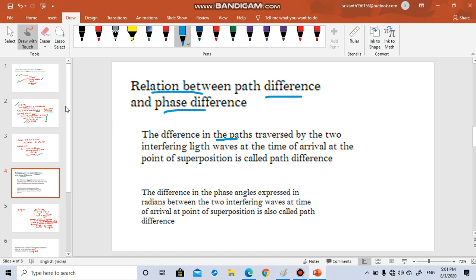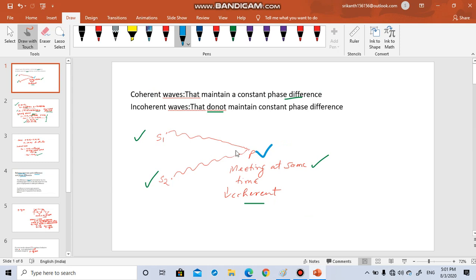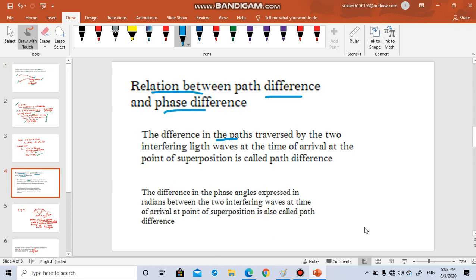So the meaning of this statement is, see, one, you are measuring the distance. Another way of interpreting it is, see, there is a wave which is coming from source 1. Wave means some sine curve or cos curve. So a sine curve will have its own phase. Similarly, here also it will have its own phase. S2 also will have its own phase. So there is some phase difference, let us say. Even that has to be considered as path difference.